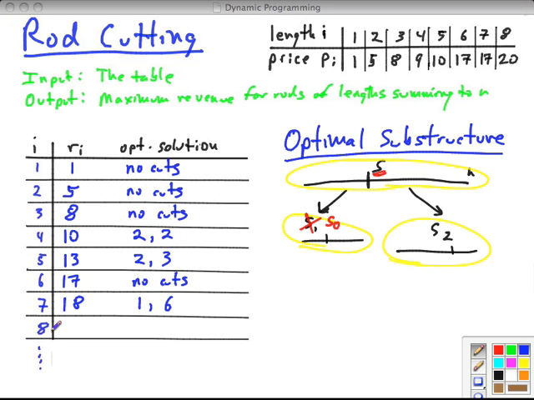And then for 8, we can get a 20 directly. 7 and 1 will give us 19. 6 and 2 will give us 22. 5 and 3 will give us 21. It turns out the 22 is the best one. And so on. So the important thing is, although we look up the price for the uncut size in this